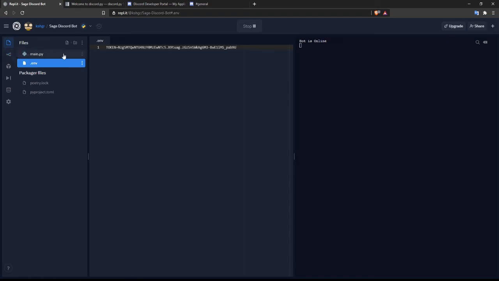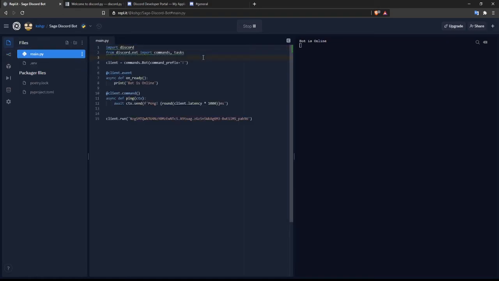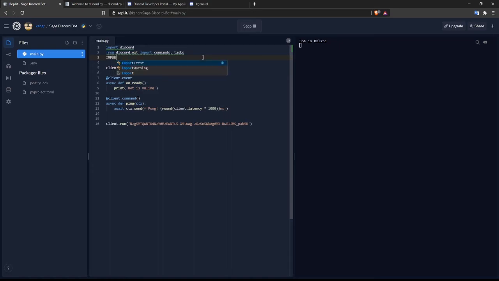Now we'll go back to our main.py and we'll import os. Instead of writing the token over here, we'll clear that out and we'll write os.getenv, get environment, and then we'll create parentheses and write token, of course inside a string.